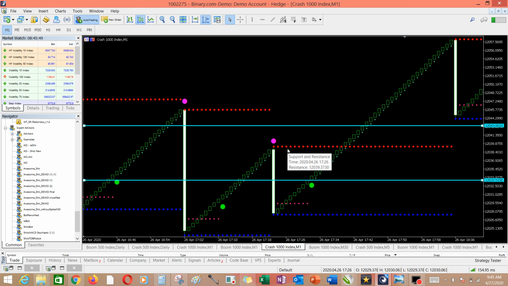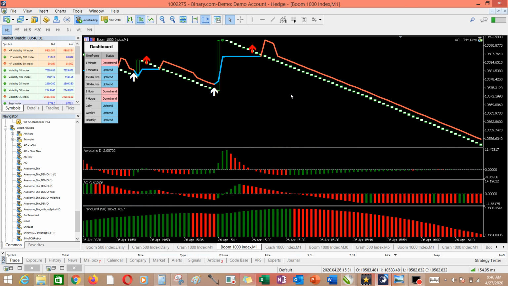So these are indicators that you can use. You can use this particular indicator to trade even more successfully, and you can also use other indicators too. You can use this one too, but this one does not have support and resistance, but it has the trend and the likes. So these are some of the things you can do, but first thing first, it is better you have the basic knowledge of the way the market works.